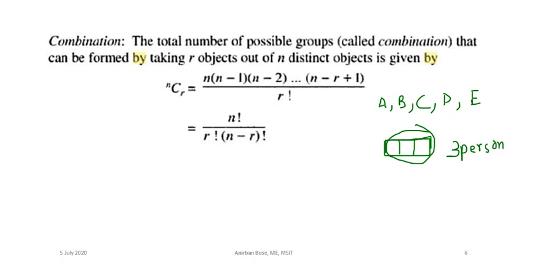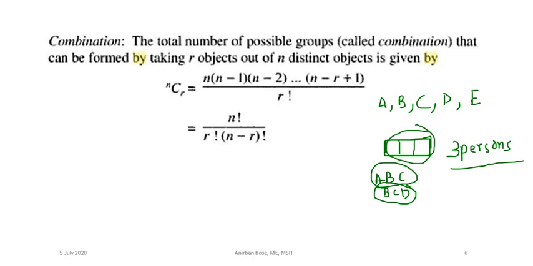In how many ways can you do that? A team or group of 3 persons you have to choose. How many ways can you take in your team? You can take ABC as one possible way. You can take BCD as another team, right? You have to make a team of 3 people, and the question is in how many ways we can select this team. These kinds of problems are called combinations. So how can we do that?